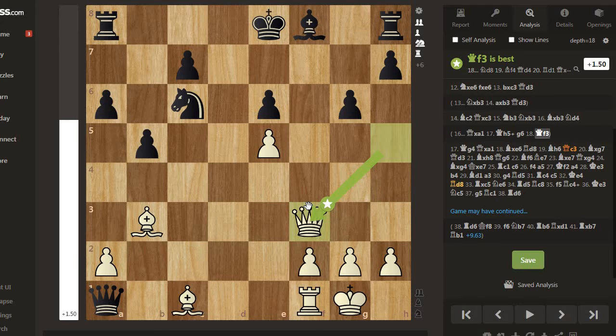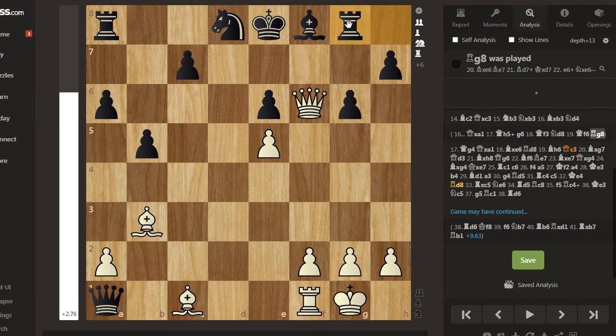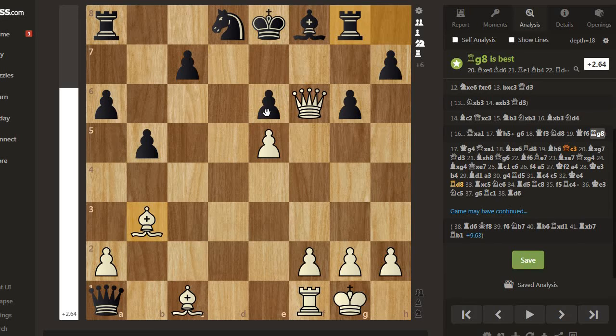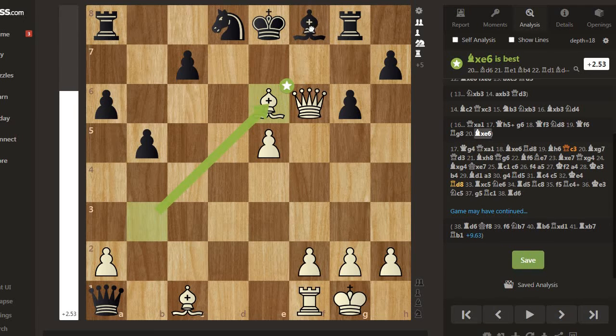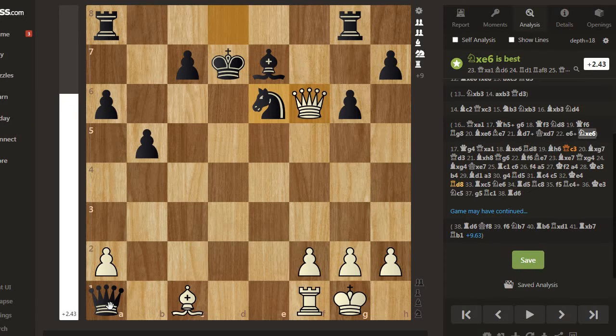and the queen attacks the h1 a8 diagonal, and she also keeps the black king from fleeing to the king side. After knight d8, queen ef6, rook g8, and bishop takes e6, bishop e7, bishop d7 check, king takes d7, e6 check, and after knight takes e6, queen takes a1,